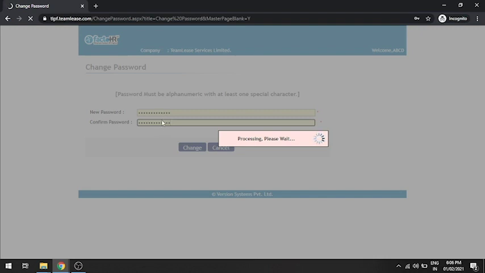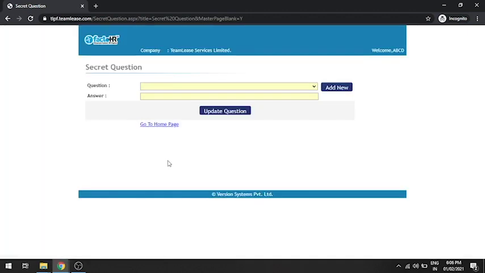You can create a secret question to reset the password yourself in future. To create a new secret question, please click on add new.